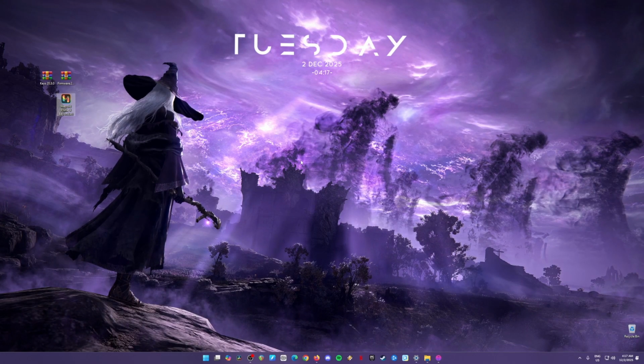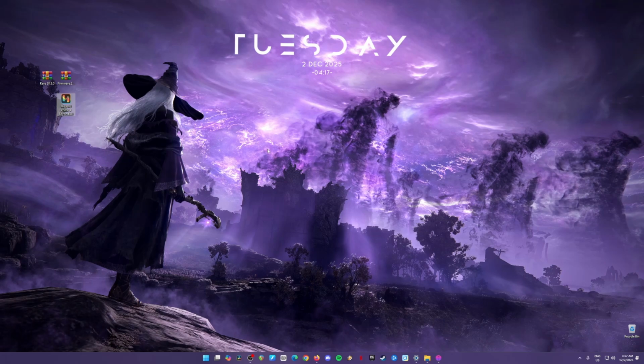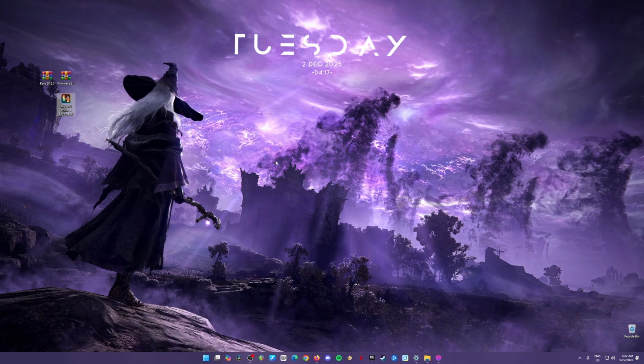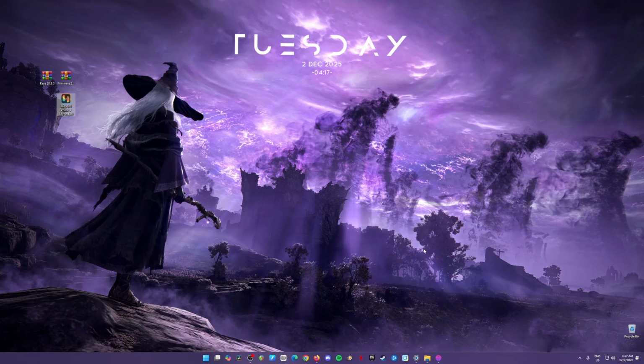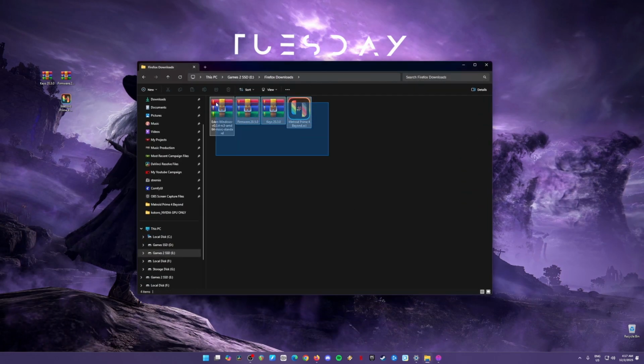Today, the Metroid Prime 4 Beyond game is now out and you'll be able to play this game on your PC. And if you're interested in playing this game now, then it's the perfect video for you to watch. But first of all, what you need is all of these files here. These are the Eden Emulator, the latest build, the latest firmware, and Nintendo Switch keys. You get these from your Nintendo Switch, and also the XCI file format or NSP file format of